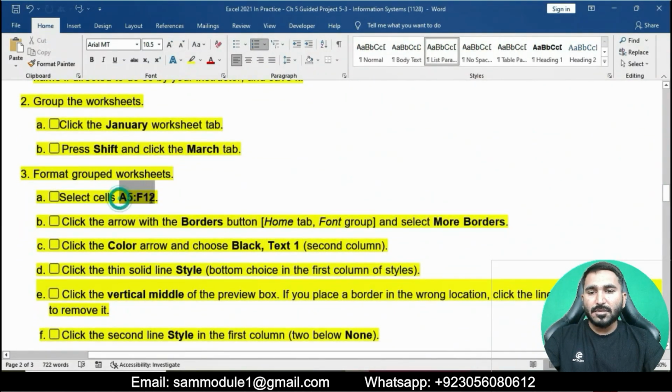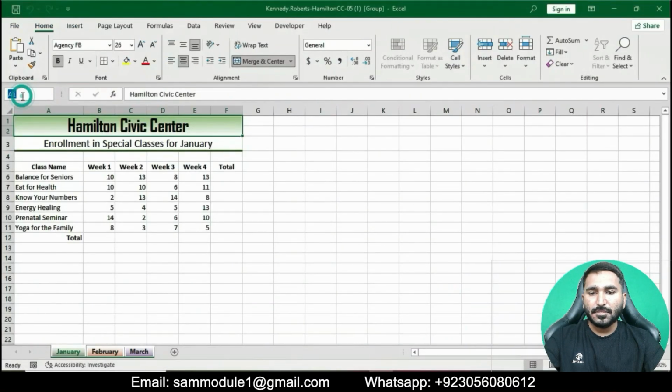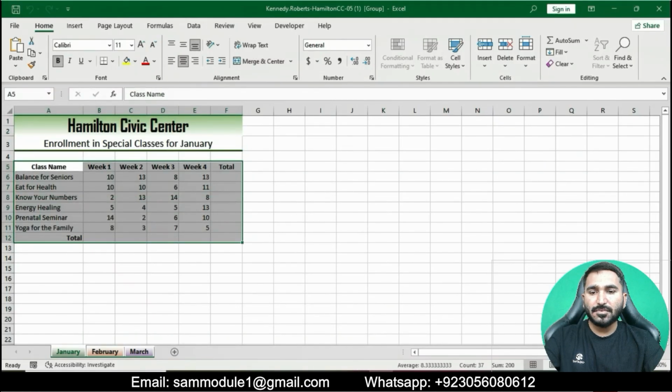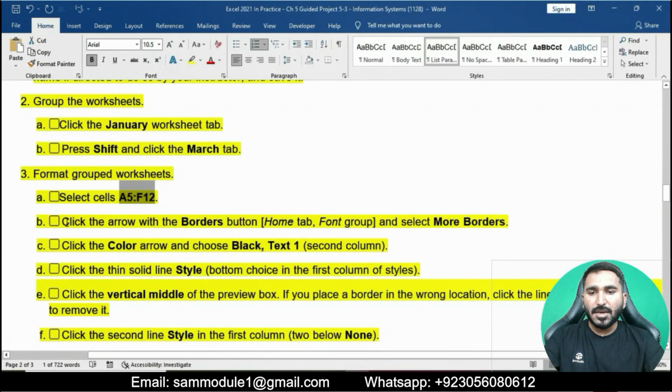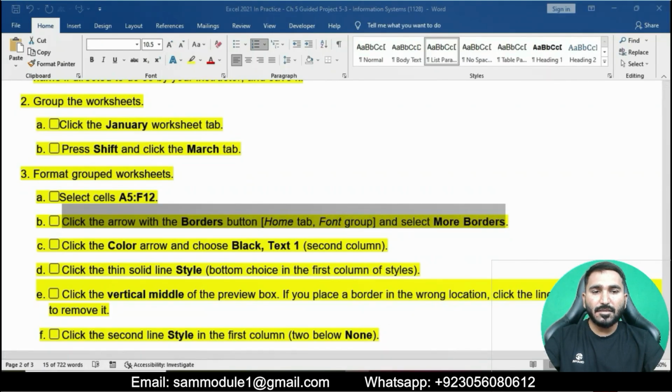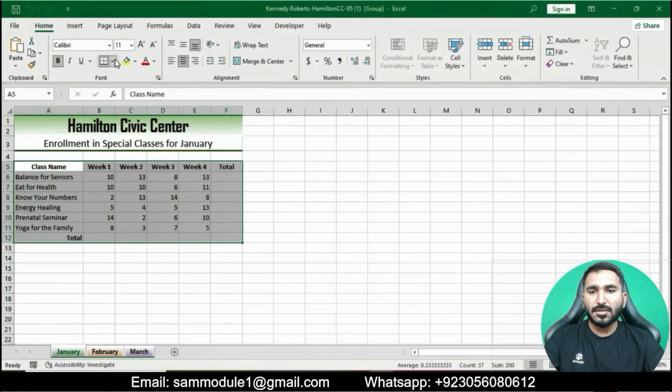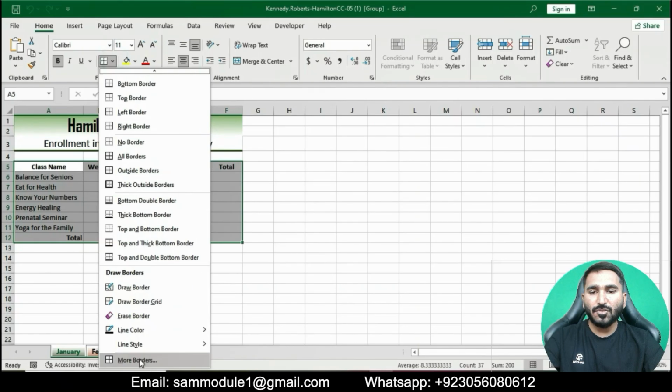Okay, for question number 3, first select cells A5 to F12. Then click the arrow with the Borders button and select More Borders. We will go to Borders and then select More Borders.